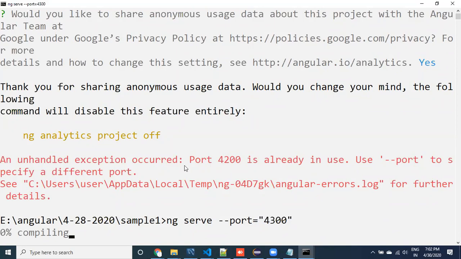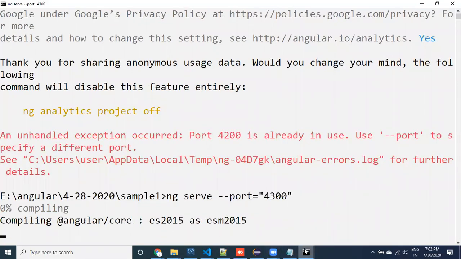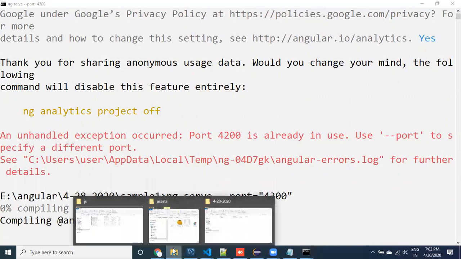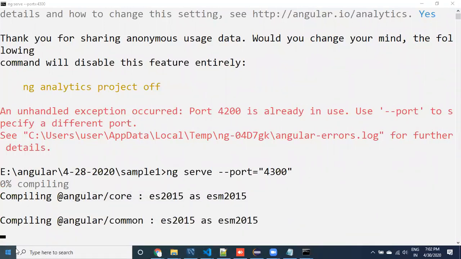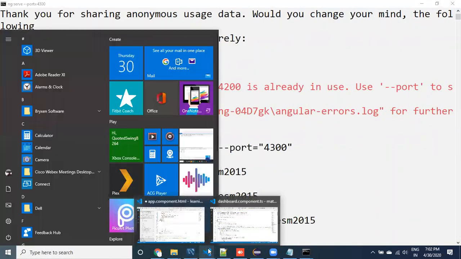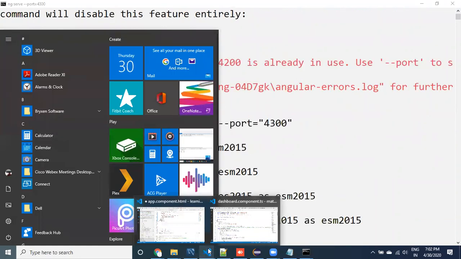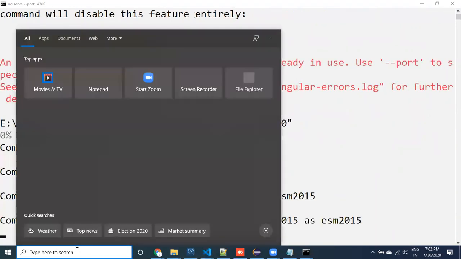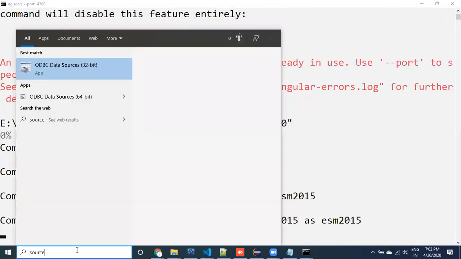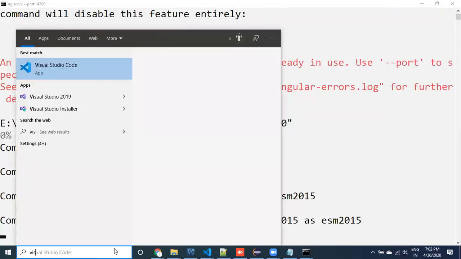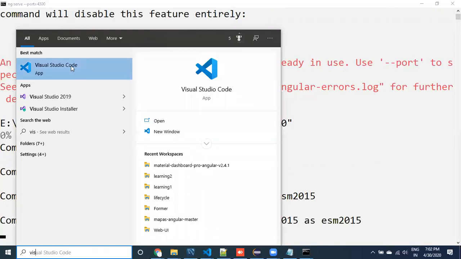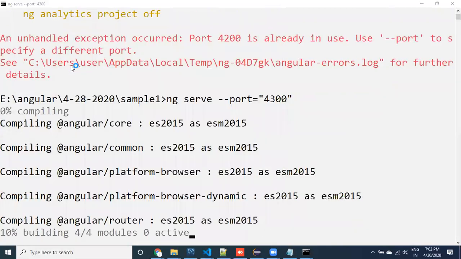Meanwhile, what we can do is open Visual Studio Code.